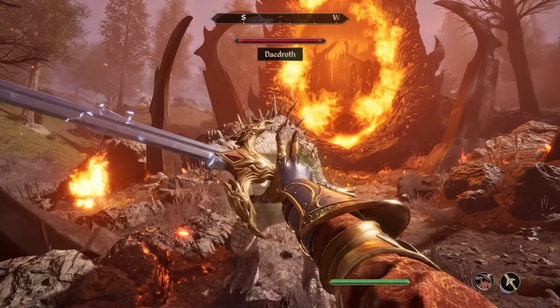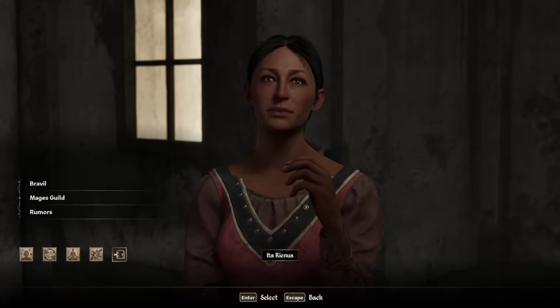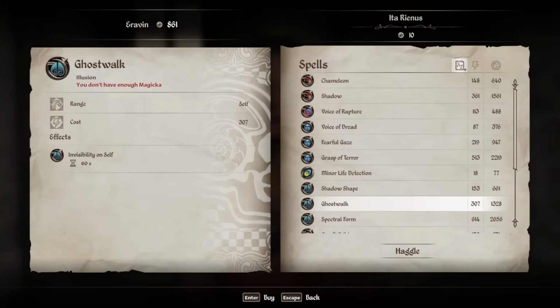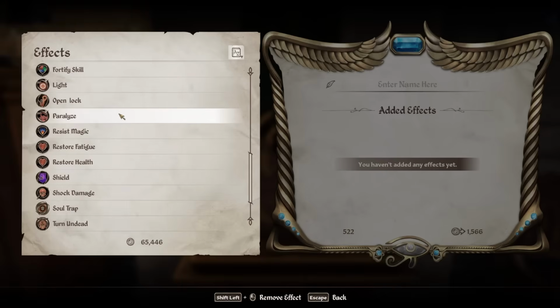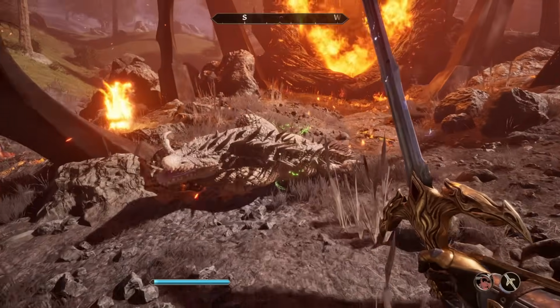This next one I like to call Trip. It requires you to have a paralysis spell in your book. You can purchase Debilitate from Ita Rhinus in the Bruma Mages Guild, and some skill in the Illusion School will be required. Normally, Debilitate has a very high base mana cost for a 3-second Paralyze, but hilariously, by creating a Paralyzing Touch spell with just a 1-second duration, even a 1-second Paralyze is enough to topple any opponent to the floor for several seconds,